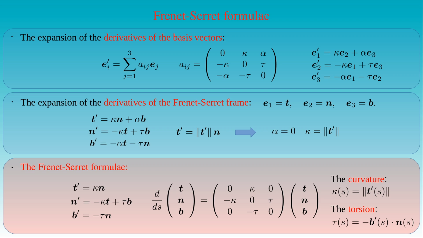We can demonstrate that the geometric meaning of these functions are indeed the curvature and the torsion of the curve at a given point. We can examine what kind of planes are spanned by the Frenet-Serret frame at an arbitrary point on a curve, and what is their relation with the shape of the curve. But before doing that, we can check the consistency of the Frenet-Serret formulae with respect to the functions kappa and tau.